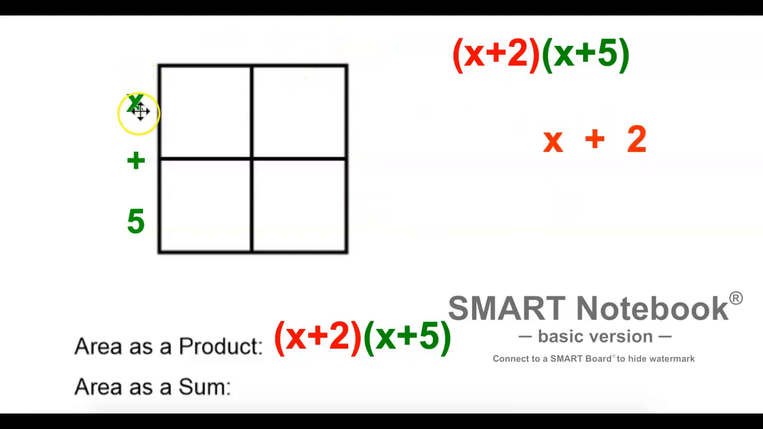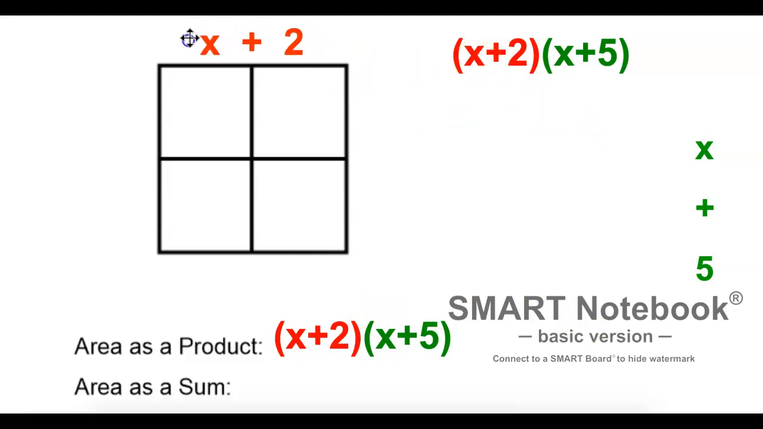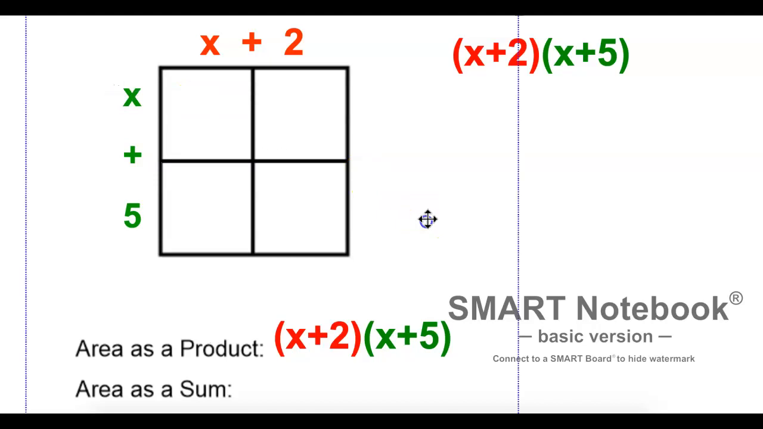So when we set up our generic rectangle, we start with just a blank square like this with four little squares inside of it. We're going to take our first binomial, so this x plus 2, and we're going to put it across the top of our generic rectangle. Then we're going to take our second binomial, so the x plus 5, and we're going to put that down the side of our generic rectangle. Once we've written one binomial across the top of our generic rectangle and we've placed one binomial down the side,